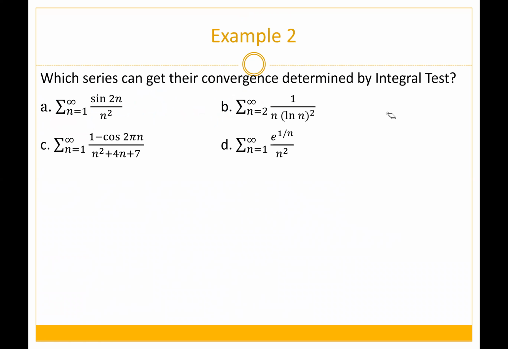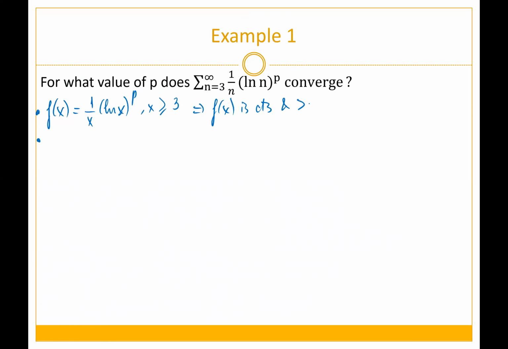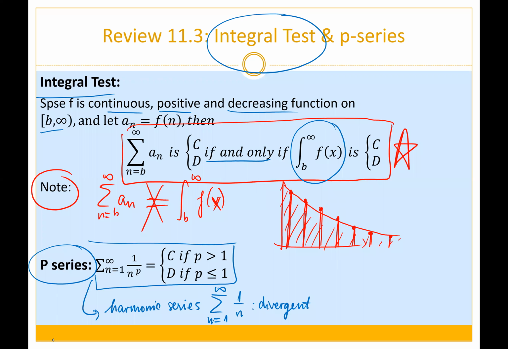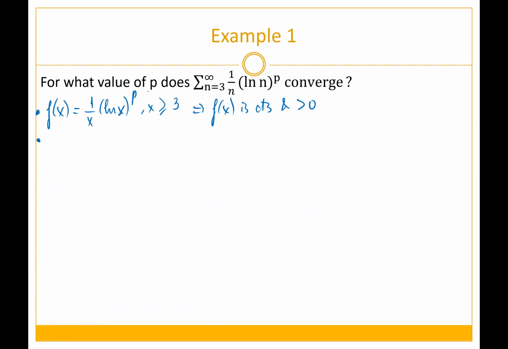Why is it positive? The two things that comprise this function are x and (ln x)^p. Both of them are positive with x bigger than or equal to 3. Now we need to find if it's decreasing or not, and to do that, it is related to the materials of Math 140, where you take the first derivative and see if it's decreasing. So you have f prime of x is